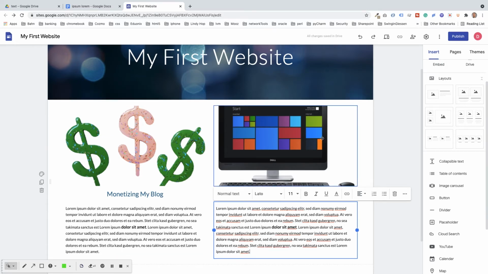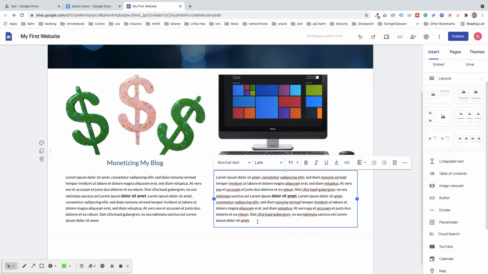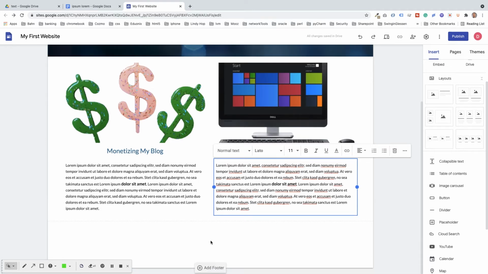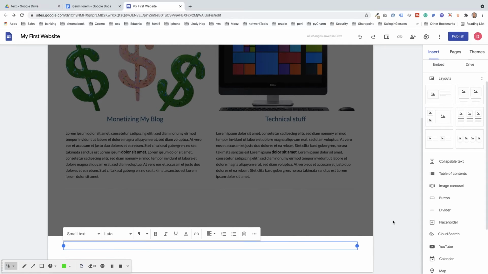Now that I've modified my header, inserted a little bit of content into here, told my readers what it's all about, usually you want to put a footer on any type of website. So you scroll down to the bottom. This is the only place you can add a footer. You can't add a footer anywhere in this menu area. There's no way for it. The only way to add a footer is to actually scroll down to the bottom, wait till this add footer button pops up, click the add footer, and you noticed that here